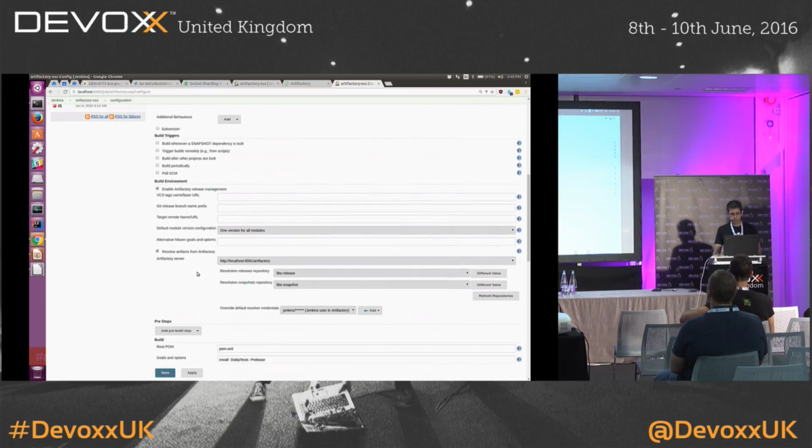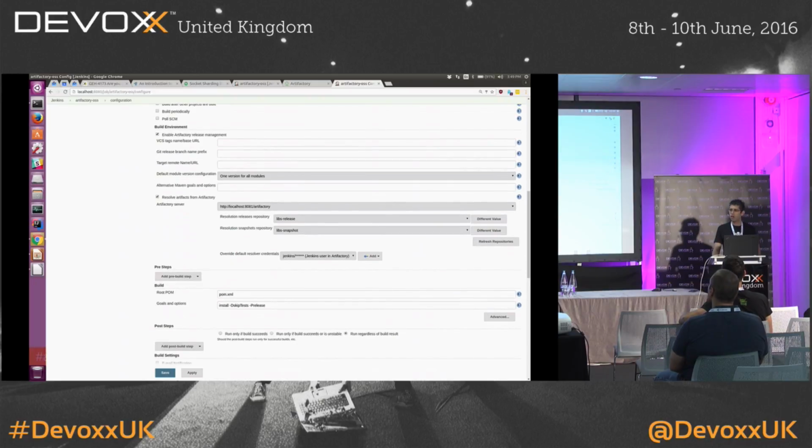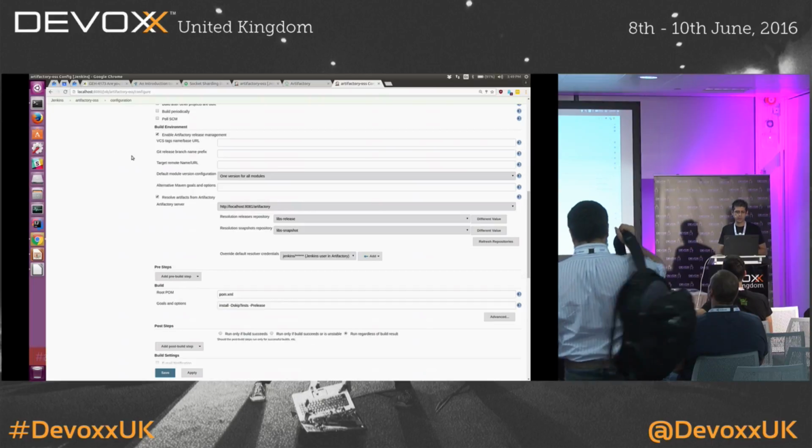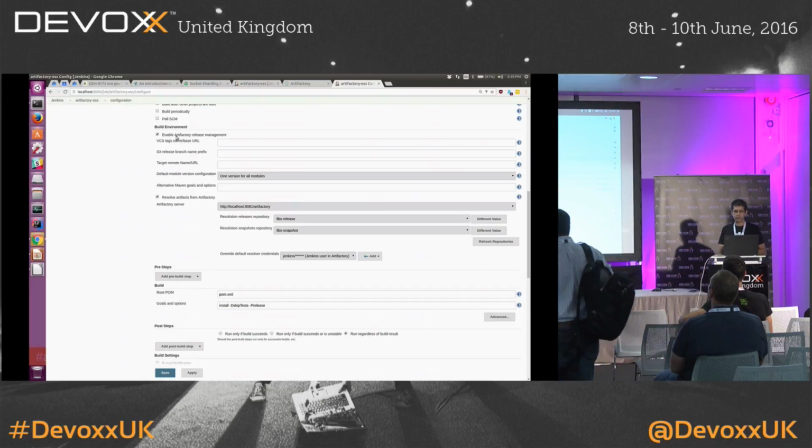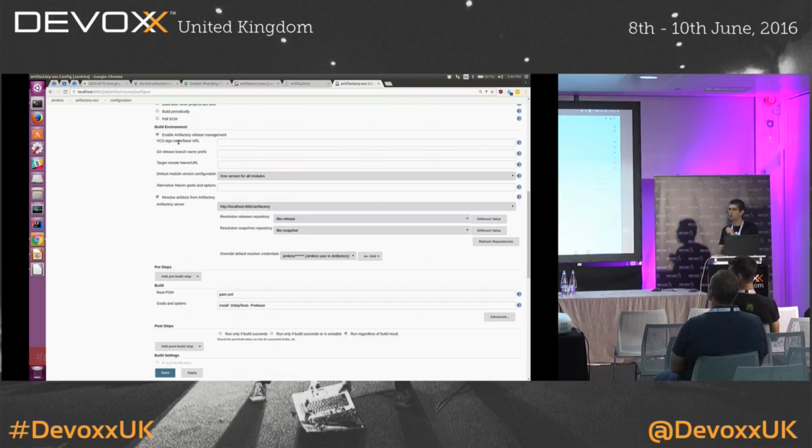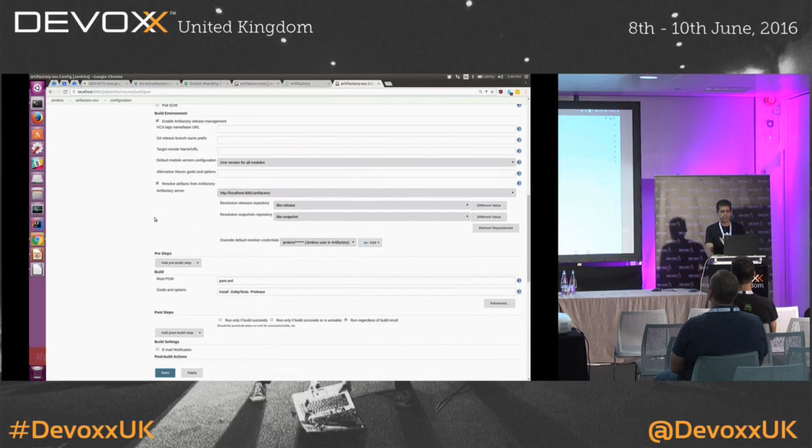If you're familiar with Jenkins, this is part of the UI. We are just a standard plugin inside Jenkins. There are several parts to the Artifactory integration. First of all, it's the release management. I will talk about it and show release information specifically about the WAR file that I'm checking. Then there's resolving artifacts from Artifactory. This is actually a very important